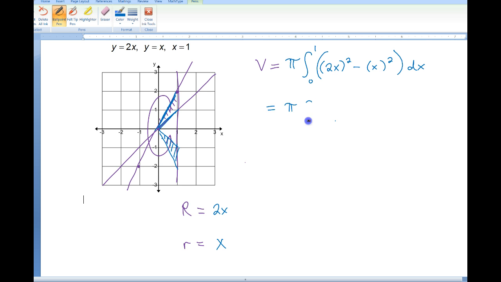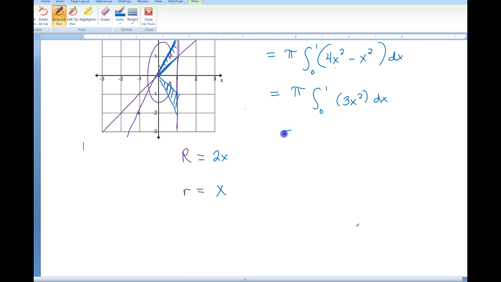When it's a line other than the x-axis, yeah. So we get 3x squared. It's easier if you simplify this. And then what do we have? x cubed evaluated from 0 to 1. So we just get